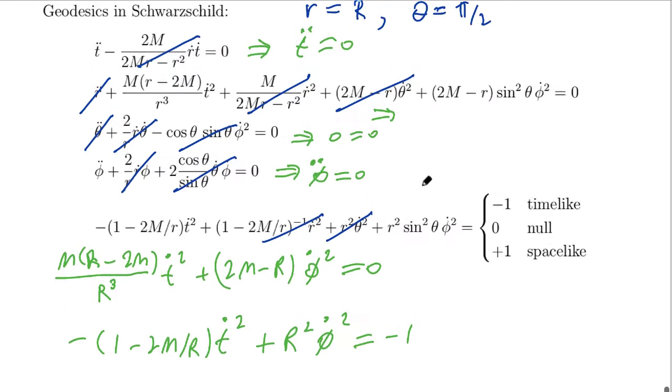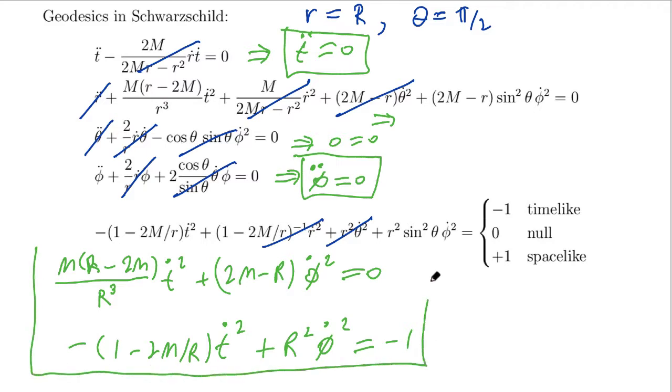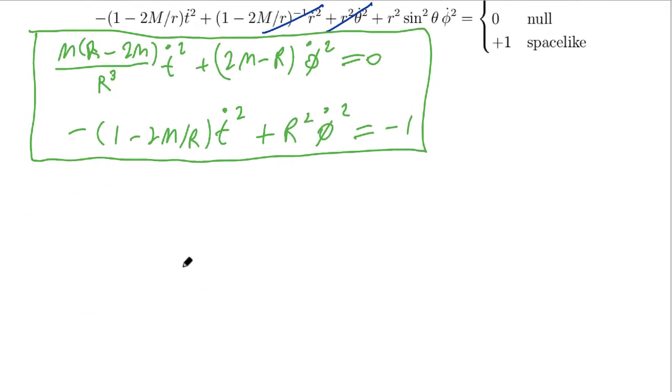So our equations reduce to t double dot equals 0, phi double dot equals 0, and these two equations. Now these equations are actually not too difficult to solve, so I'll just write down the solution, and